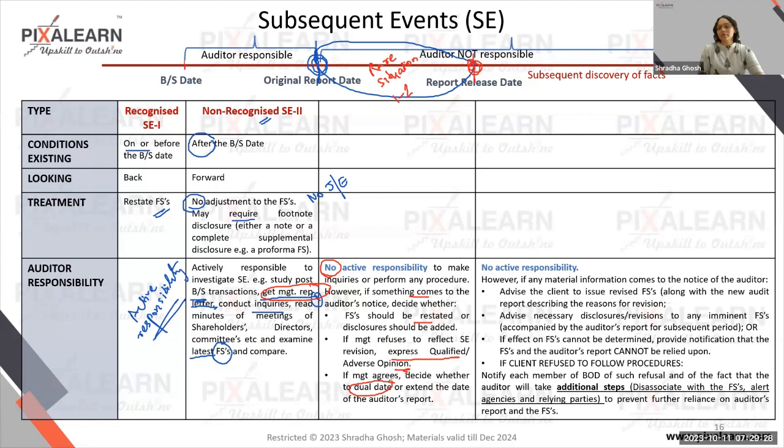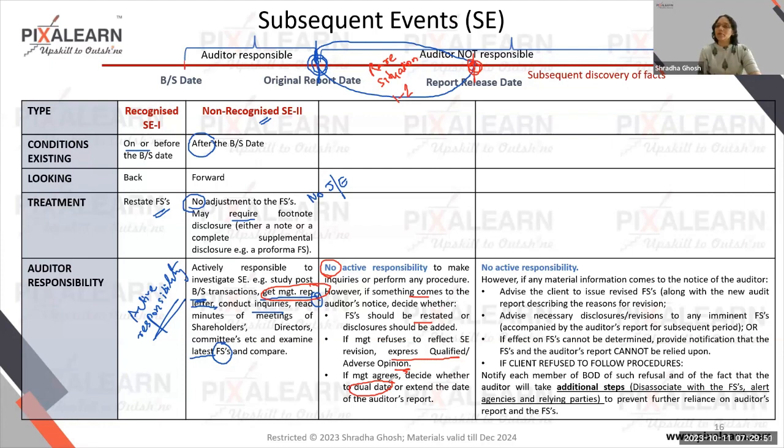So generally what auditors and the management do is this. They say that, see, for everything else, my date is the original report date. Only for this event, I dual date. Only for this event, I extend my responsibility to a new date. But remember, the date of the audit report is a very important date because all the events till that day